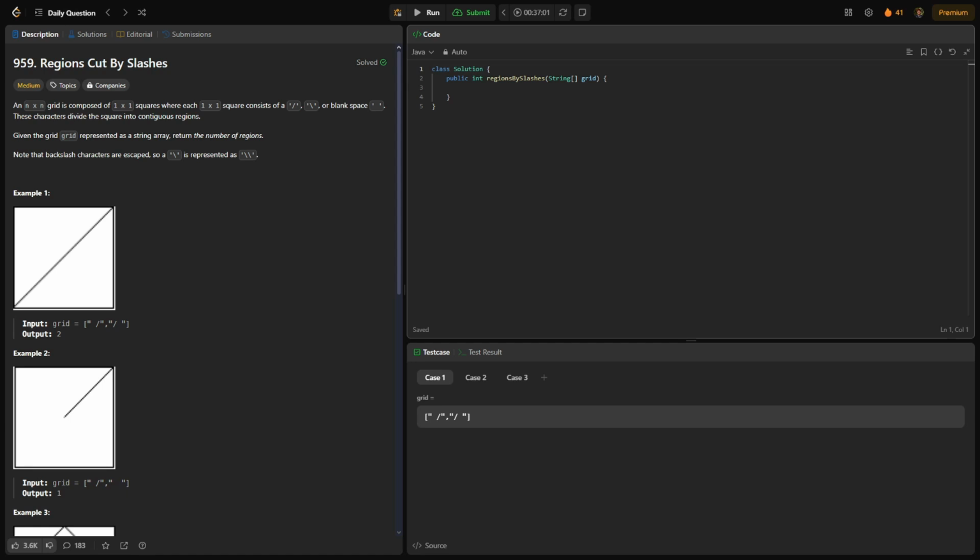Today's daily LeetCode problem of the day is Regions Cut By Slashes, number 959. For this problem, we're given an n by n grid, which is composed of 1 by 1 squares, where each 1 by 1 square consists of a slash, backslash, or a blank space. These characters divide the squares into contiguous regions. We're given the grid represented as a string array, and we want to return the number of regions, and we